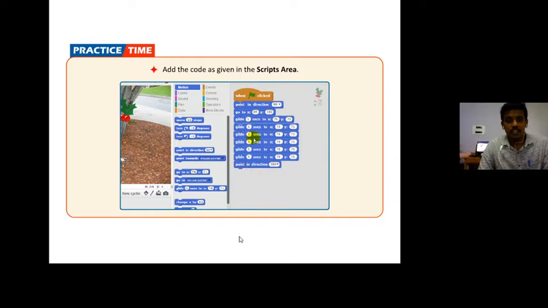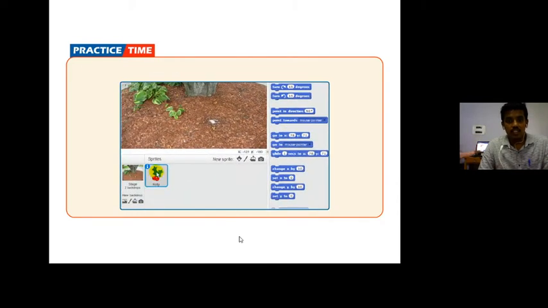So they took point in direction, move down. They changed the direction of the glide and right clicked on that. They took the duplicate button also, on the particular holy object. So now two sprites are created. Now one more sprite came, that is holy 2. Click on that particular holy 2 sprite.